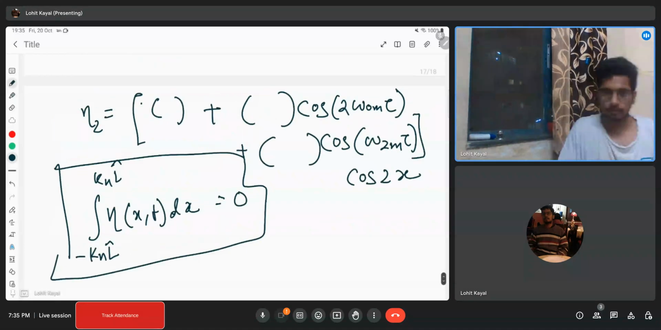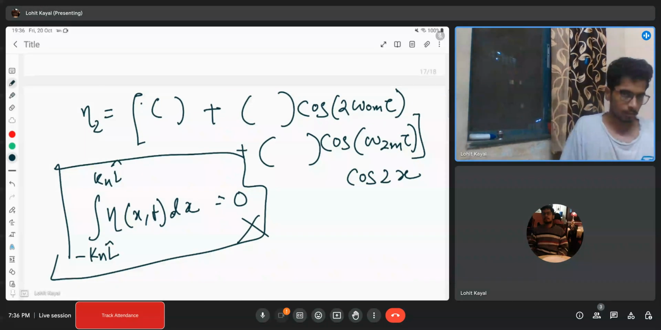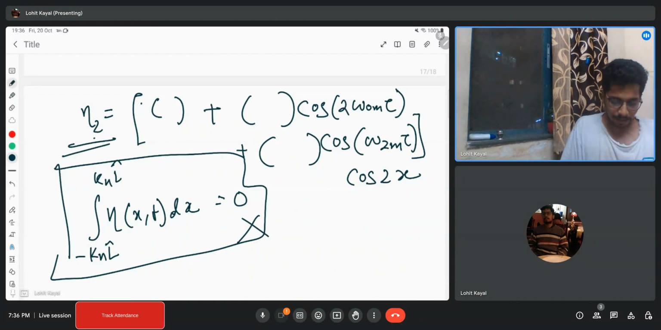If I have any contribution from the zeroth order, then this term will not be equal to 0. So it will defy the physics of the problem, because this is incompressible flow and the volume cannot increase. So there will be no contribution from the cos 0x term for the expression for eta 2. Only for eta 3 you can proceed like this,